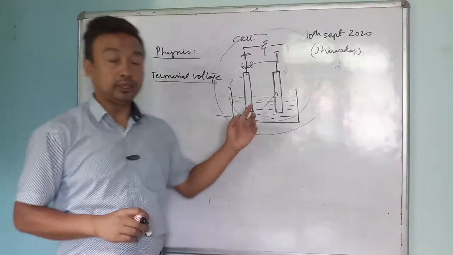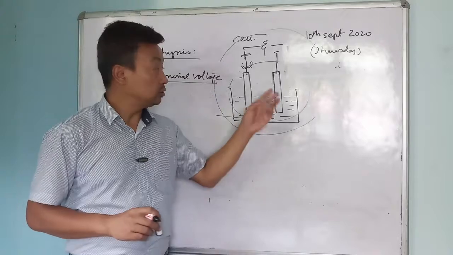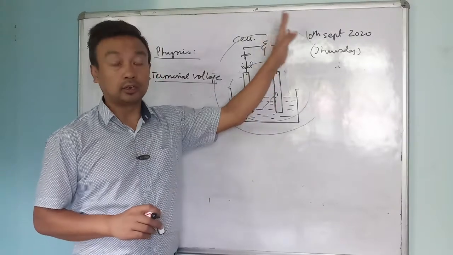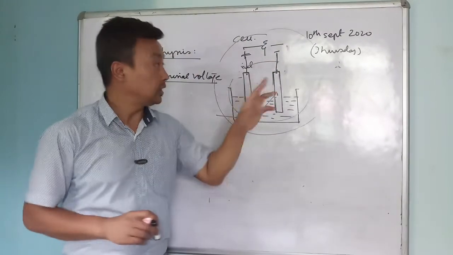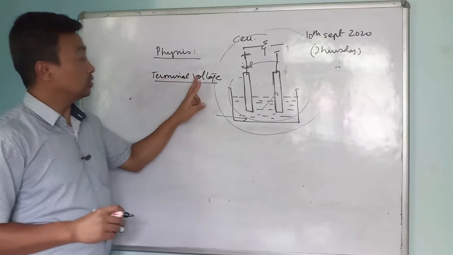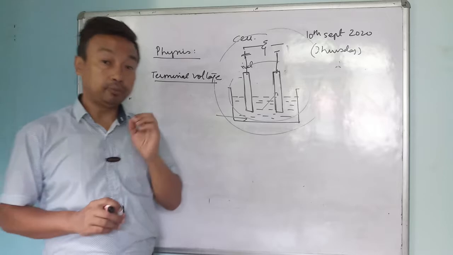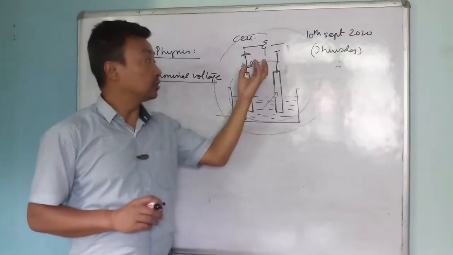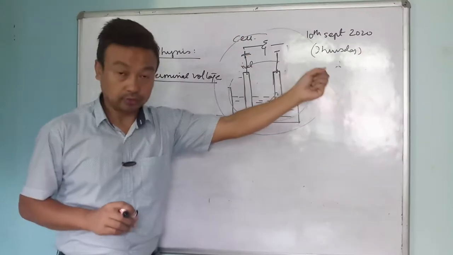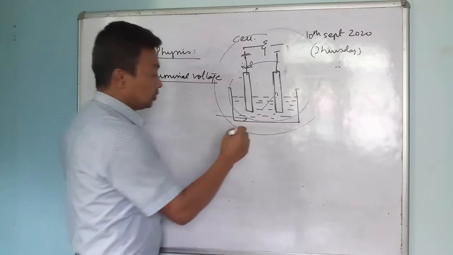In case of the EMF, the first condition was when the current was not drawn, there was no current coming out from the cell. In that case, we found the potential difference. Whereas in case of the terminal voltage, the first and foremost point that you have to keep in mind is when the current is drawn from the circuit. That means when the circuit is a closed circuit